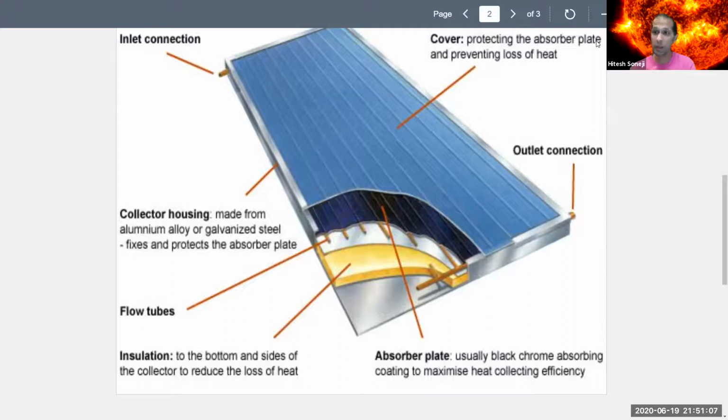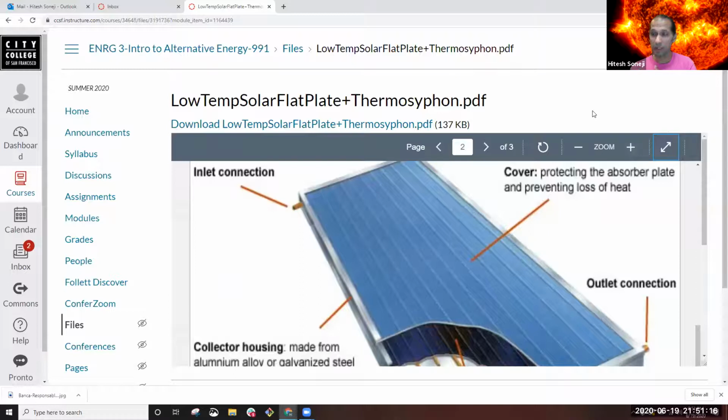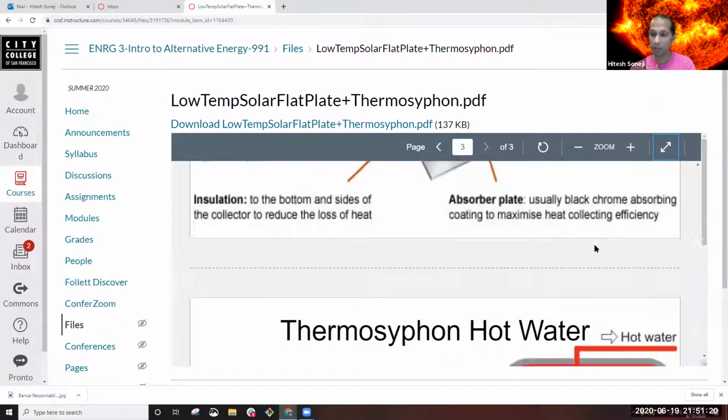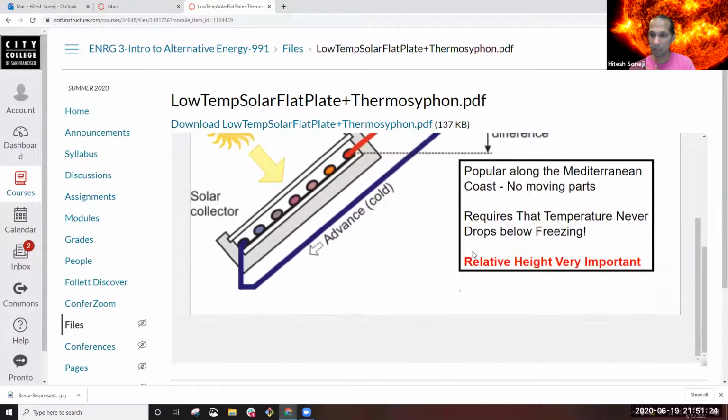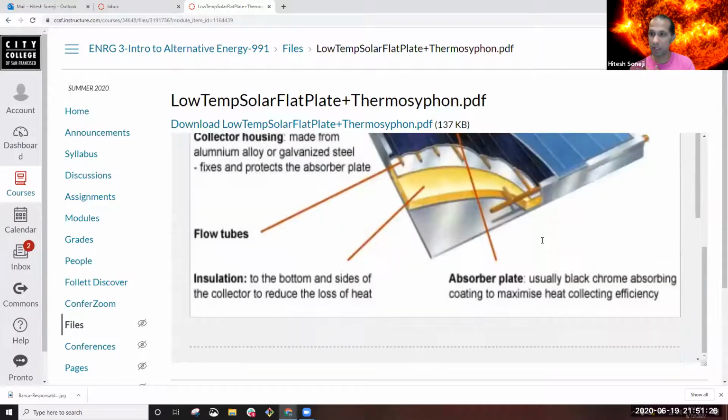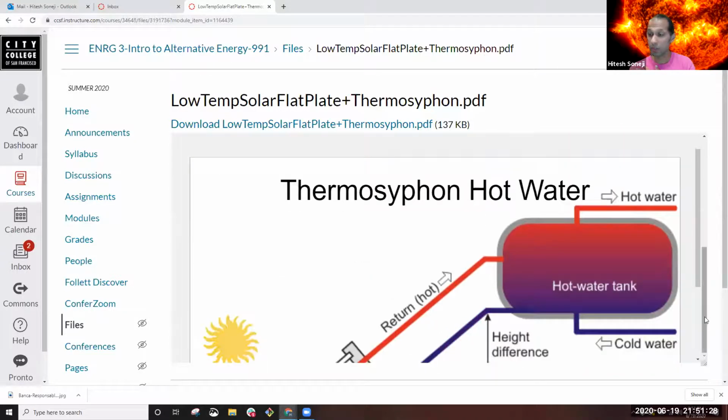It's amazing how well these actually work. I've been in places where they work really well. I've been out in the middle of nowhere, kind of sort of not exactly camping, but in cabins where this has been the hot water source. This discusses the thermosiphon. It's a really great device as well. I feel like it's one of those things that we should start using more broadly in this country, but we have yet to do so.